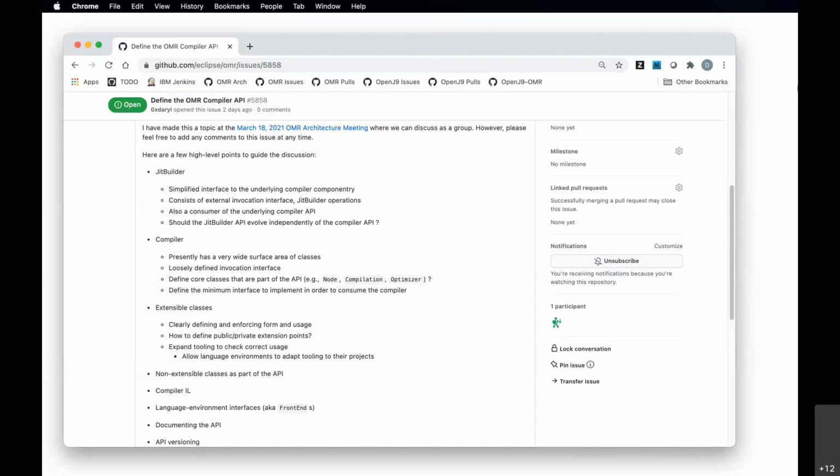So I'm going to stop there for a second to see if anybody has any immediate opinions on that. I think it is a good place to stop and get other input on what people think of the compiler. Not necessarily JIT Builder at this point, but just the compiler itself. Are there any thoughts on what I just said, or other ideas on how we can proceed?